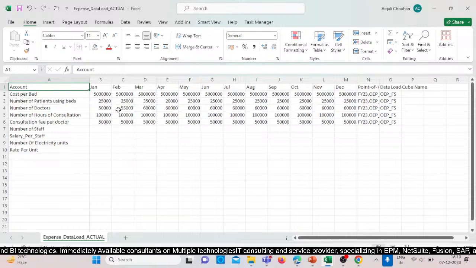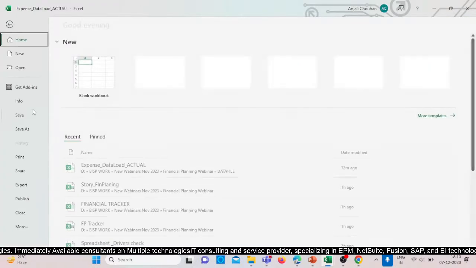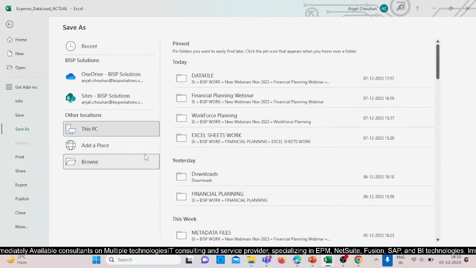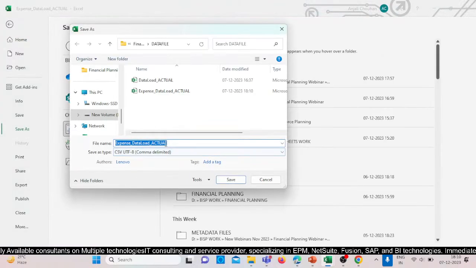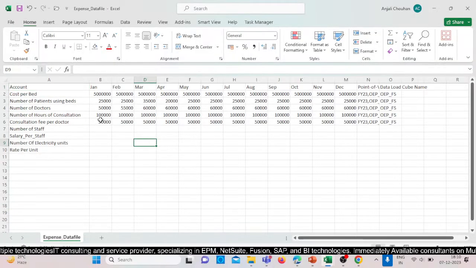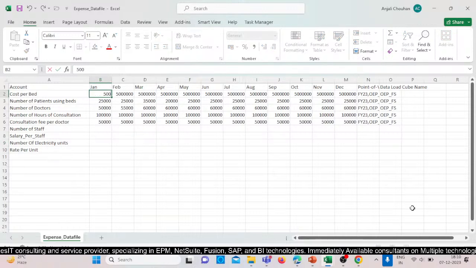In this way you can understand how we can create a data file. Okay, let me save this as another expense data file. It should be always in a CSV format. Okay, and here we can give the values. Cost per bed may be 500,